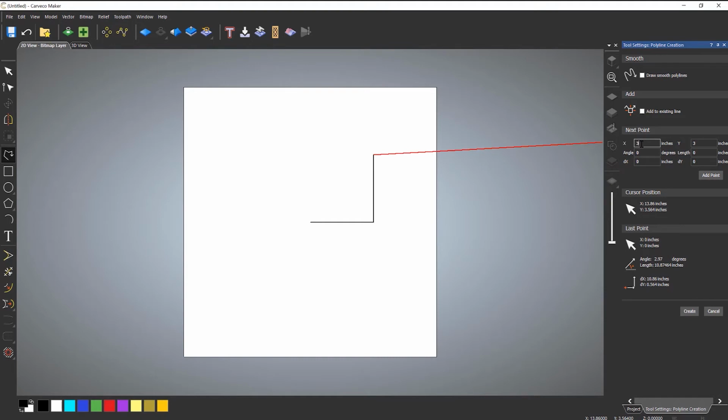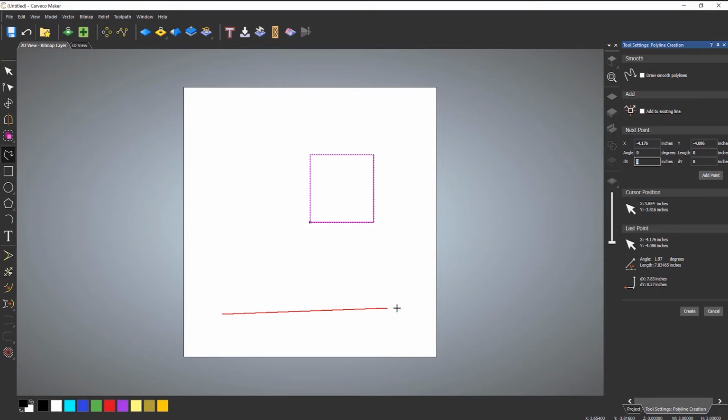And then let's go back to 0, add a point, and then back to 0 and add a point. And that's how you can do more accurate engineering types of lines. Okay. Again, you can also select a point, and then you can choose how far by this dx or dy